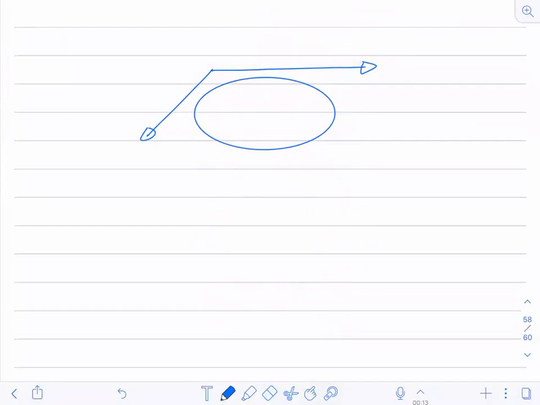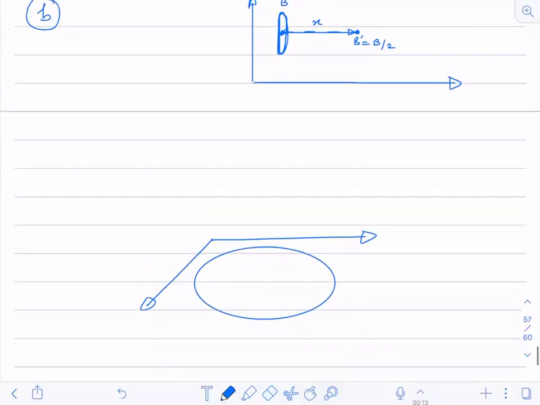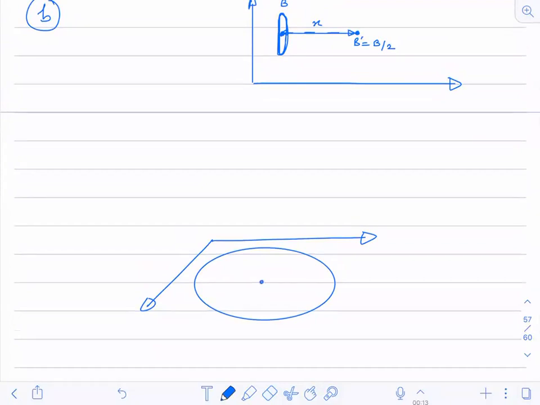This is an XY plane. Now, at this center we have a magnetic field B. At what distance from the center do you have the new magnetic field value as half of this? You are supposed to calculate this distance over here. Is it okay? You are supposed to calculate this distance.